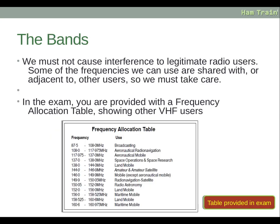The bands. We must not cause interference to legitimate radio users. Some of the frequencies we can use are shared with or adjacent to other users, so we must take care. In the exam, you're provided with a frequency allocation table showing other VHF users. So during the exam, you'll get a page with this particular set of information on, and it might have questions to the effect of